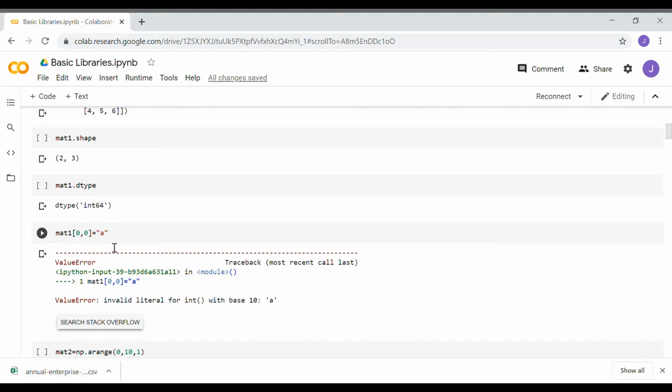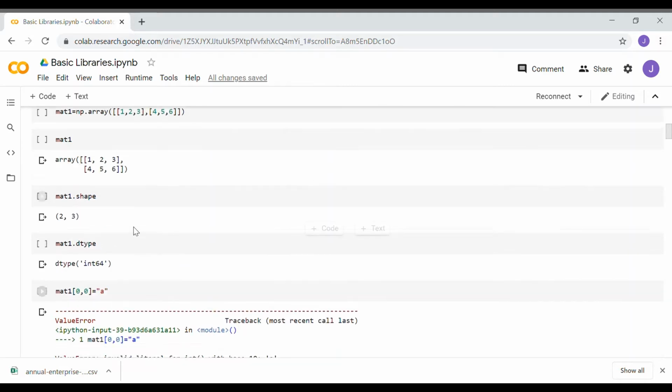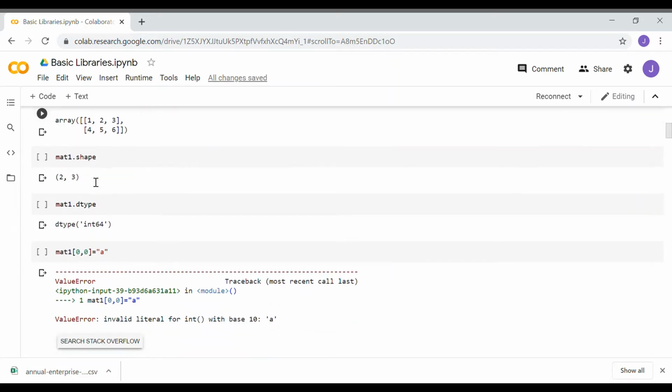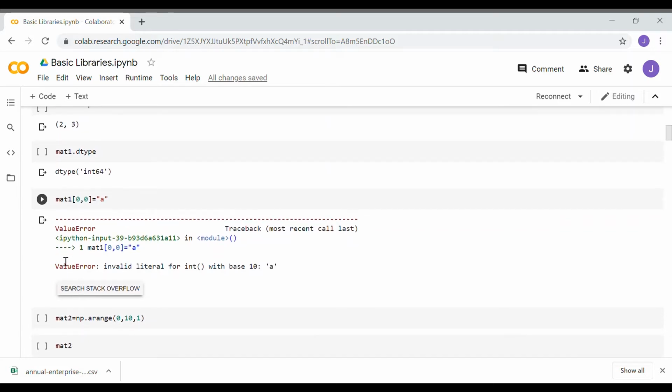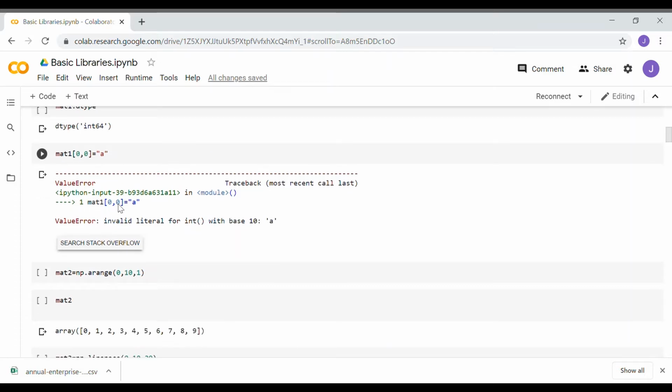If you try to replace the first element 1 with a string, it will show an error. So we cannot assign a string to an integer type array. It will automatically show an error.